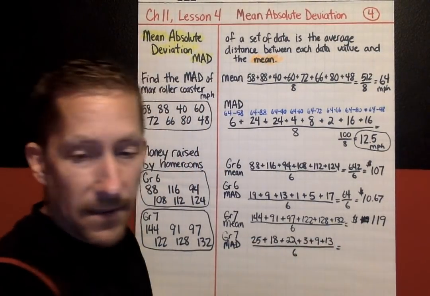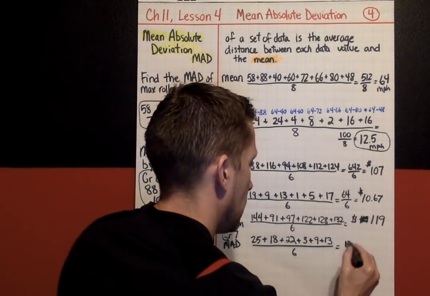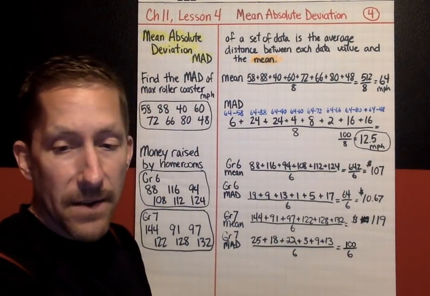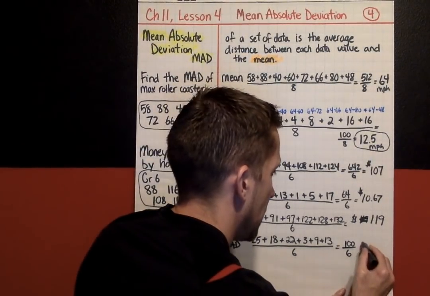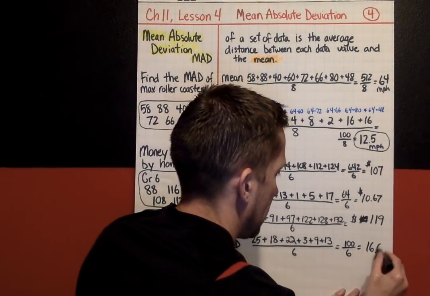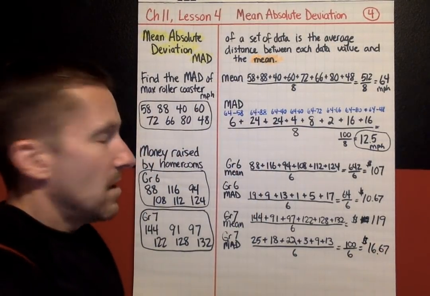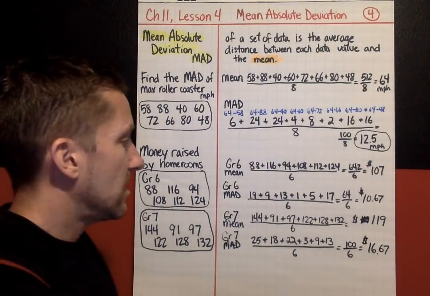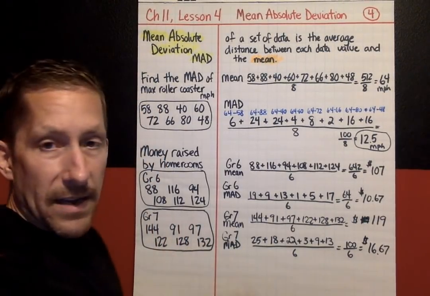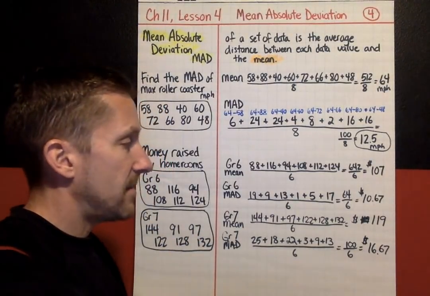I total that and I get 100. I divide that by 6 and the 7th grade mean absolute deviation came to $16.67. So what does that tell us? Tells us that on average, you look at the 7th grade data, on average each data value is $16.67 away